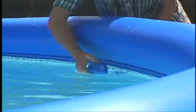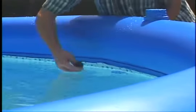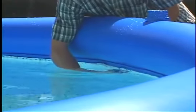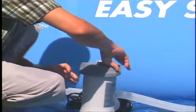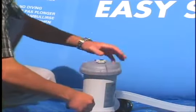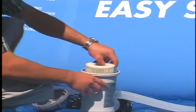Use the wall plug to stop water from flowing out when the pump is open. Remove the strainer grid from the inlet connector and insert the other wall plug. Remove the filter top with a counterclockwise rotation, taking the top, seal, and filter cover off, then lift the cartridge